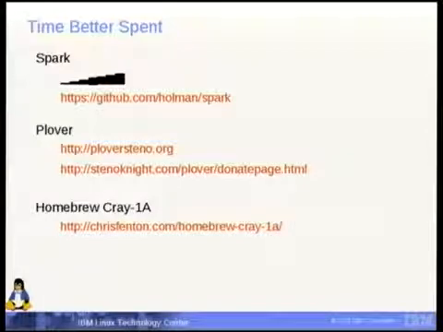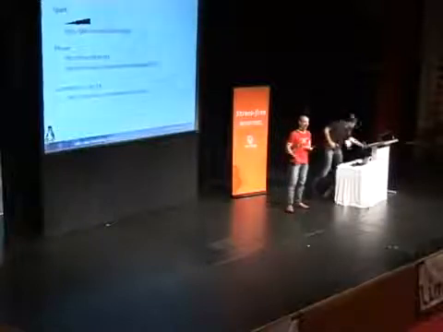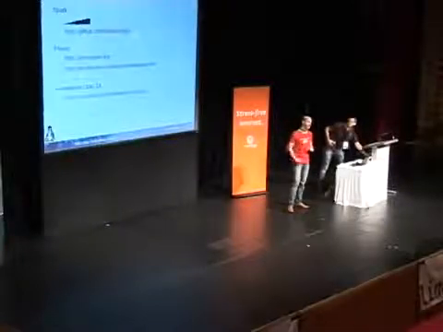The first one is called Spark. It's on GitHub. It's a shell script that's a command line sparkline generator. Uses Unicode to generate these. So if you are back in